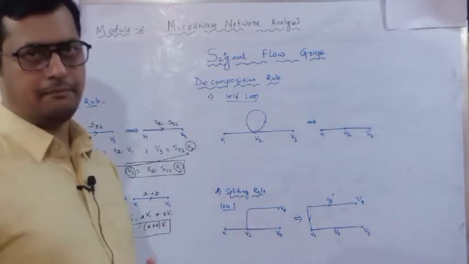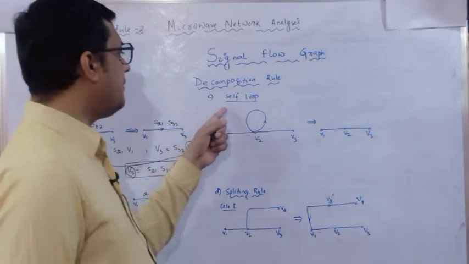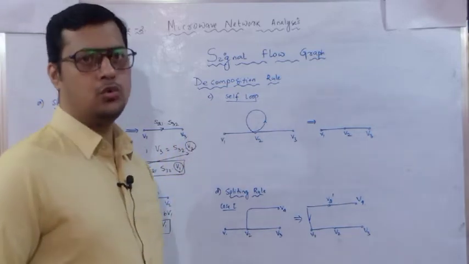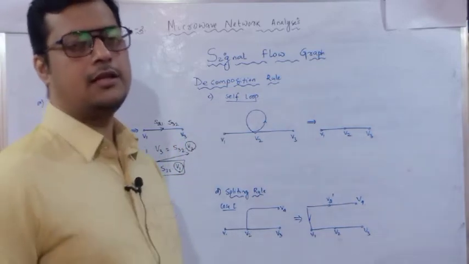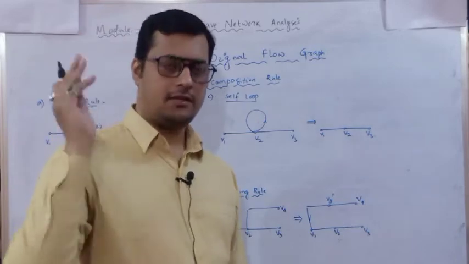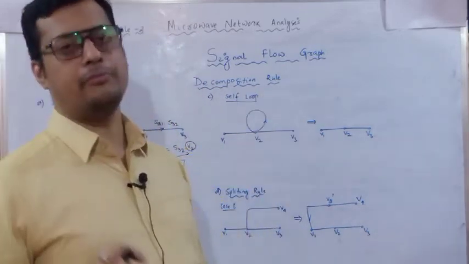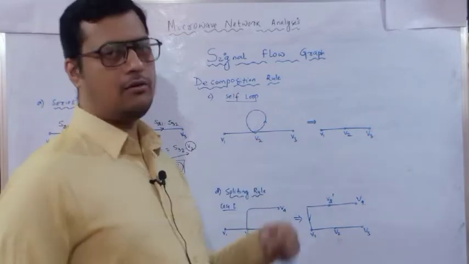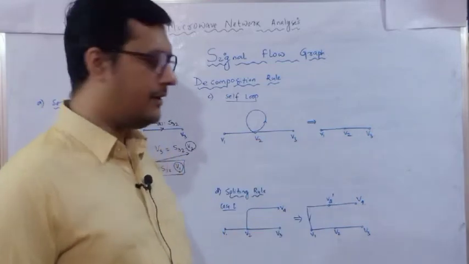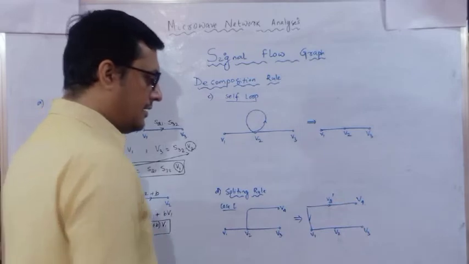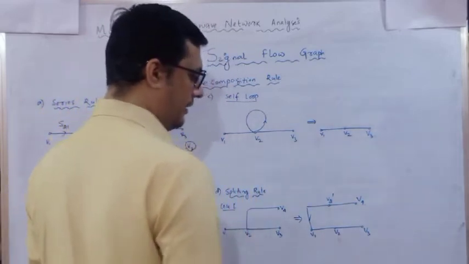A plus B. Similarly, we'll have a self loop, because in block diagrams, in a signal flow graph, what we have studied, at some point a self loop is there. So how to eliminate, how to identify this value? Okay, so let me write that.